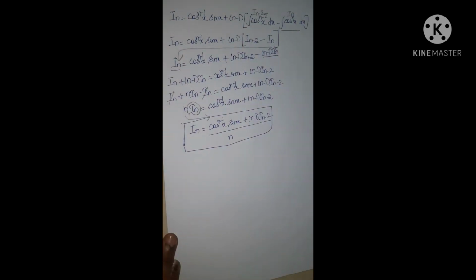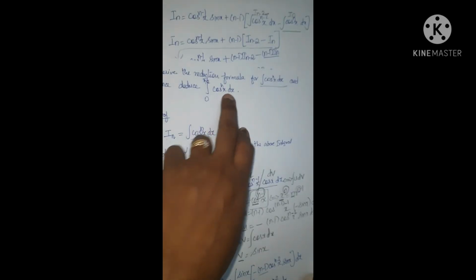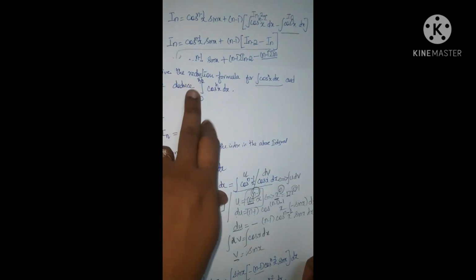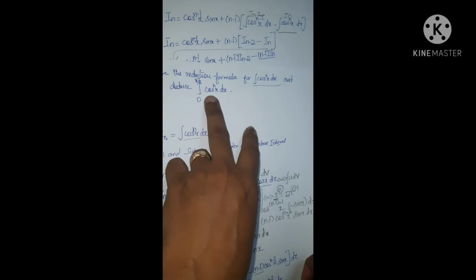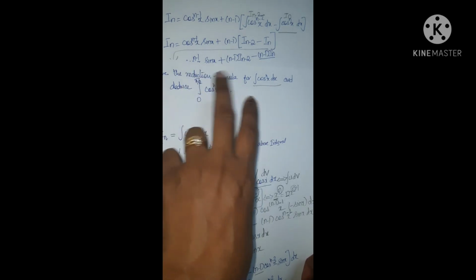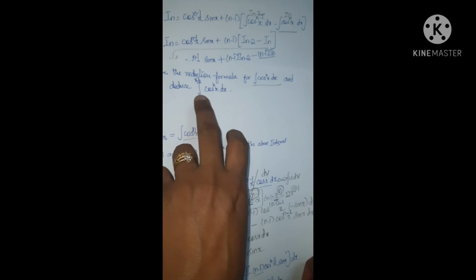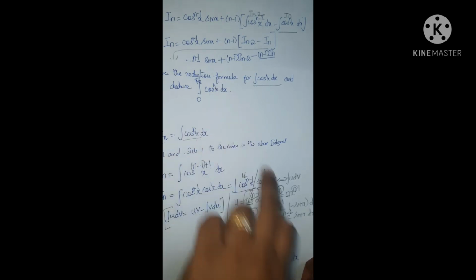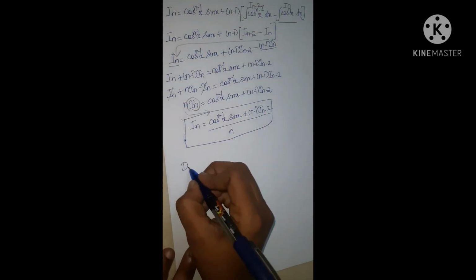Now we have to go as per the question: deduce the integral from 0 to pi by 2 of cos^n x dx. It is the same integral of the cos function only, but the integral carries a limit. That means we are given a definite integral. So the integral functions are the same, the only thing is it carries a limit. That is why, from the main derivation of the reduction formula, we are going to deduce the value of the expression for the limit 0 to pi by 2 of cos^n x dx. So for this, we proceed like this.